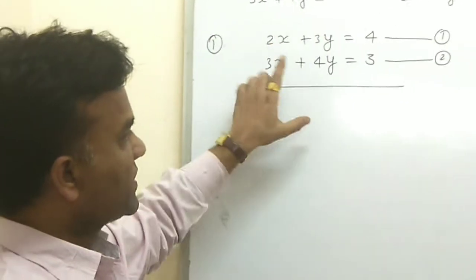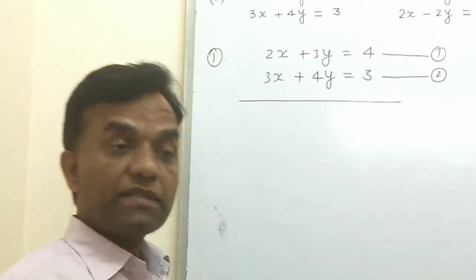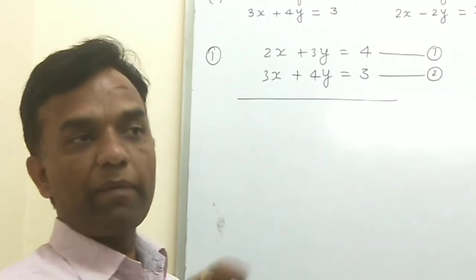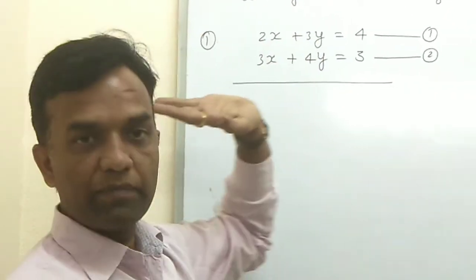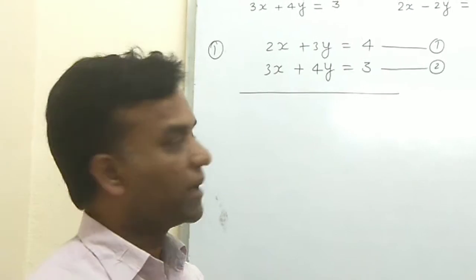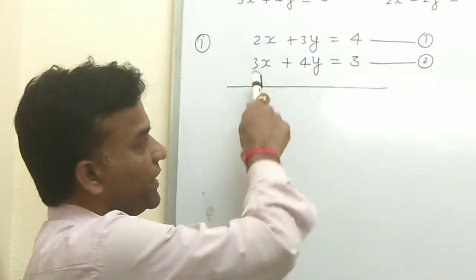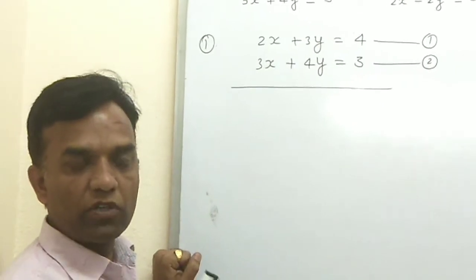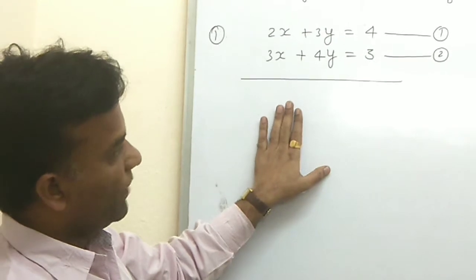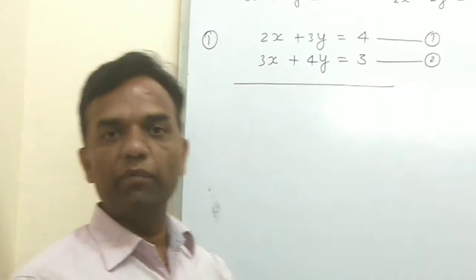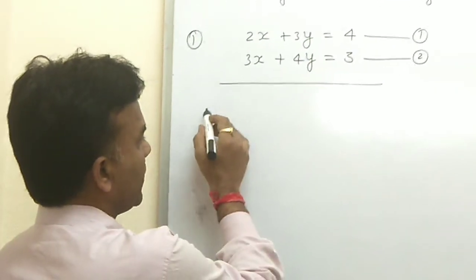But in this equation we have different coefficients in both variables. The second condition is which variable has the opposite sign. In this equation both variables have the same sign, so both conditions are not satisfied here. So now the concept is that we want to eliminate variable x or variable y. In the first question we eliminate x, and in the second question we eliminate y.